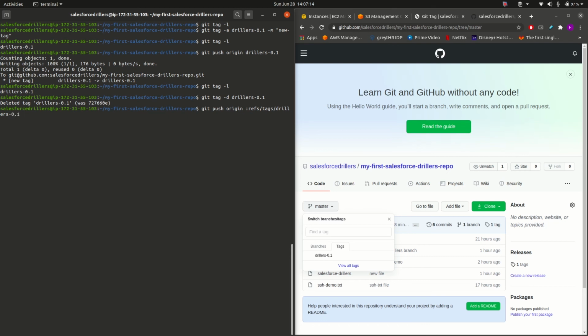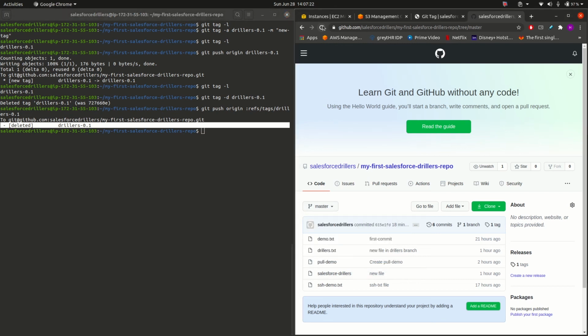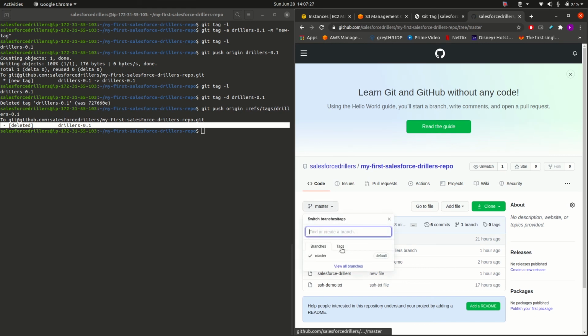Now if I press enter, this tag will be deleted from the remote system repository. Let us refresh the remote system repository and have a look. Click on tags. Yes, as we can see, there is nothing to show, which means the tag has now been deleted from the remote system repository. So that is how we can create and delete tags in Git.